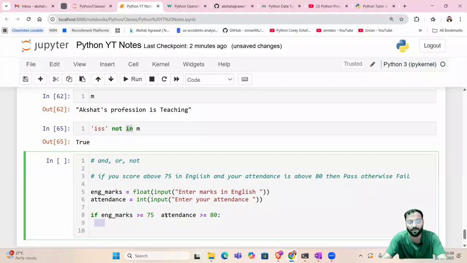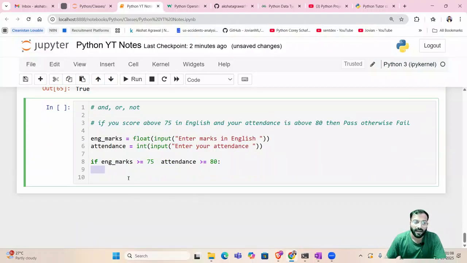This space is called indentation. It tells Python that whatever I write next after indentation will be considered inside this if statement. Correct? So if the candidate has a score of above 75 in English and attendance above 80, then print pass,